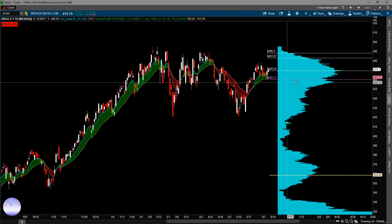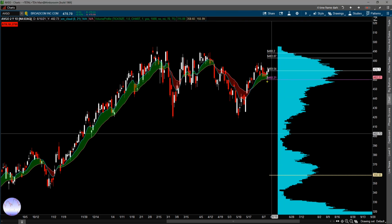469.54 for entry, and the stop. One could put a stop below this candle's low. Below 460. But if you want to be a little bit more conservative, one could put a stop underneath this